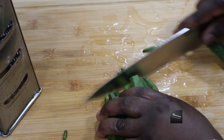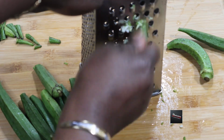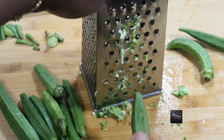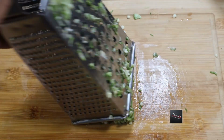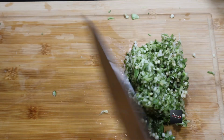These are the okra I'll be using. They're already well washed. I pat them into 3 places. This is the first one. I'm just going to grate this. I'm using grater to grate this. Like I said, this is the first one. So this is how it's going to look. Yes, this is middle fine. I'm going to keep this,